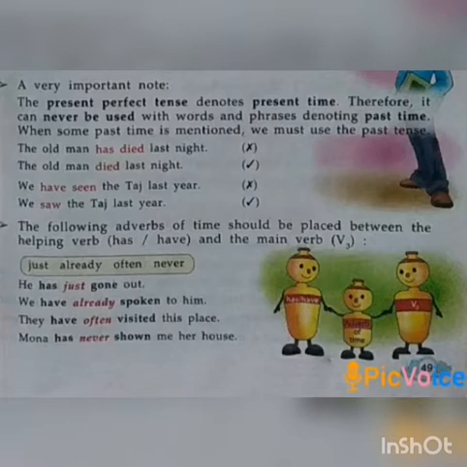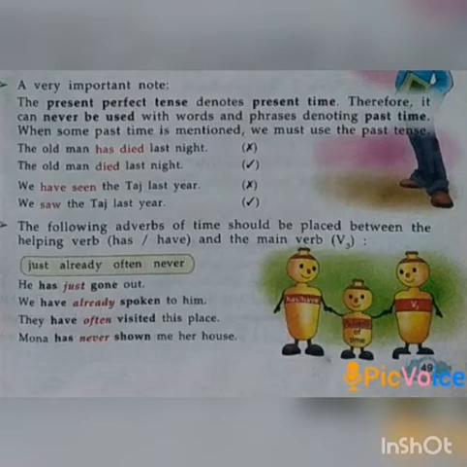Next, very important note. The present perfect tense denotes present time only. The present perfect tense வந்து present time மட்டும்தான் denote பண்ணி காமிக்கும். It can never be used with words and phrases denoting past time. Past time இது வந்து நம்ம mention பண்ண முடியாது. When some past time is mentioned, we must use the past tense. அதாவது past time யூஸ் பண்ணுற சமயத்தில் நம்ம past tense ஃபார்மில் தான் நம்ம யூஸ் பண்ண